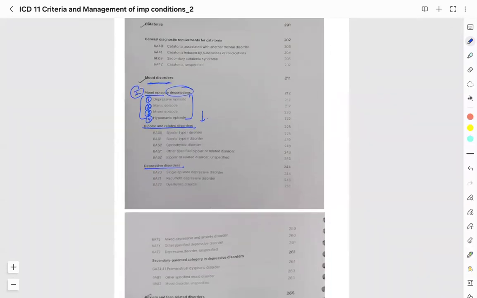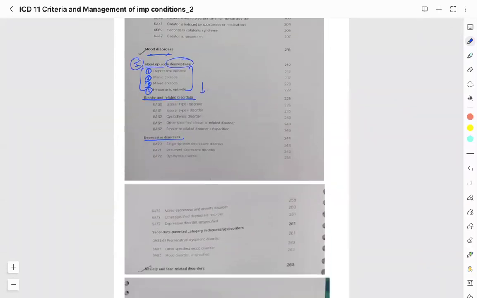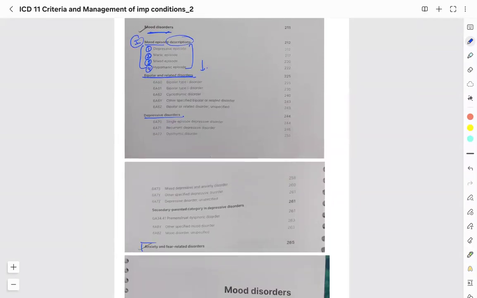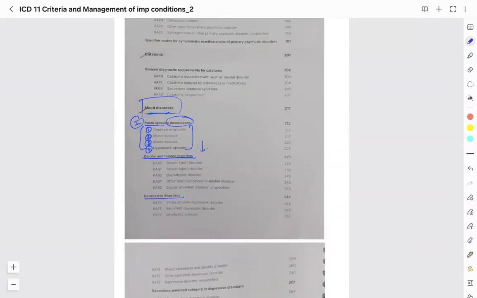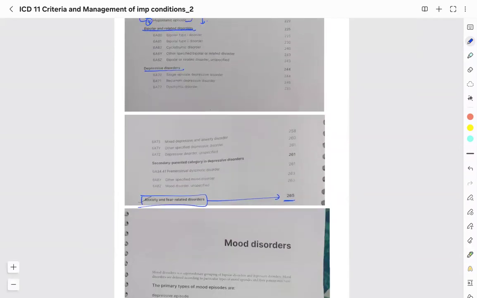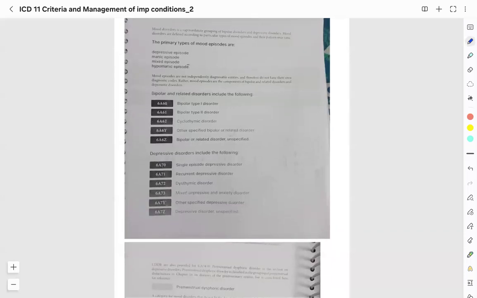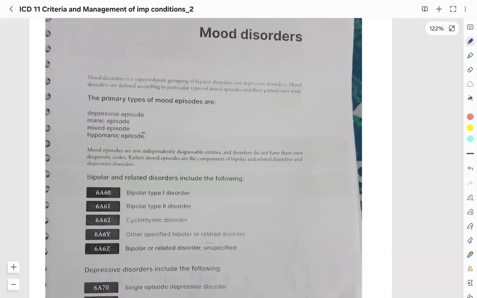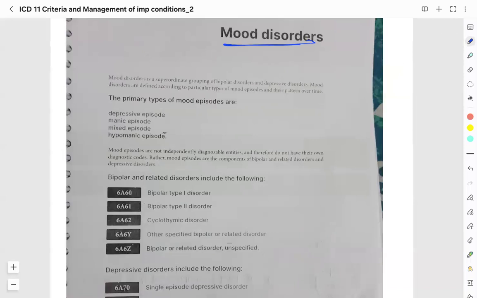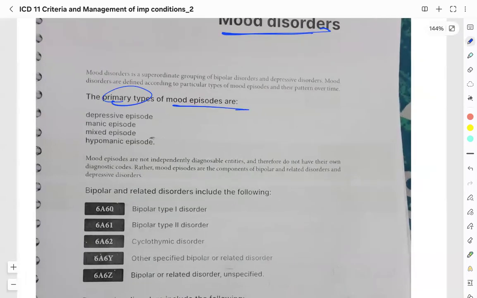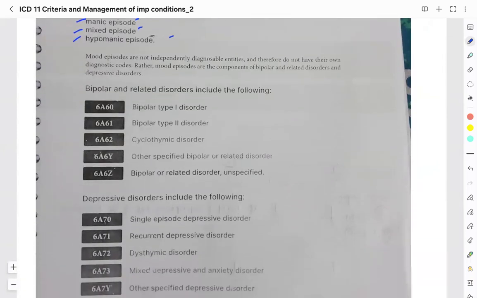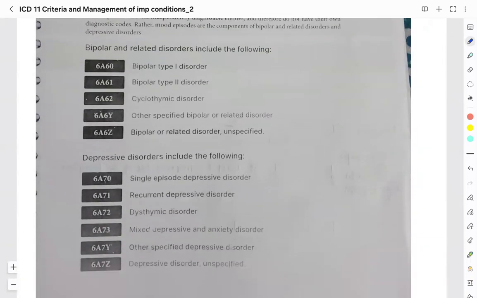So this is all coming under mood disorders. Because anxiety and fear related disorders is again another subgroup, just like mood disorders. So what they write under mood disorder in ICD-11 is the primary types of mood episodes, which we already discussed, all of these four, which we are going to discuss in detail, like what is covered in depressive, manic, mixed, hypomanic episode, and then they tell about how they have segregated bipolar disorders